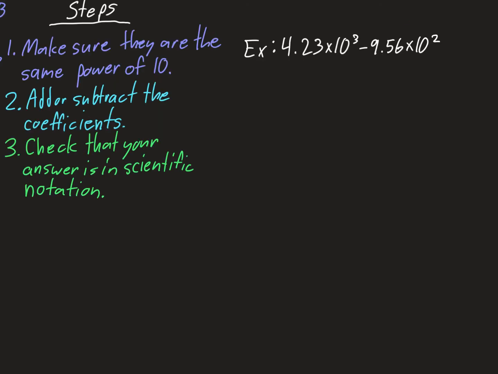4.23 times 10 to the 3rd minus 9.56 times 10 squared. Notice how here, once again, our